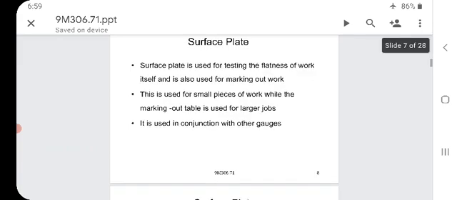This is used for small pieces of work while the marking out table is used for larger jobs. It is used in conjunction, that means mixed, with the other gauges.